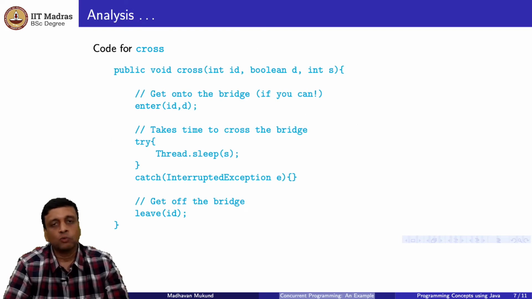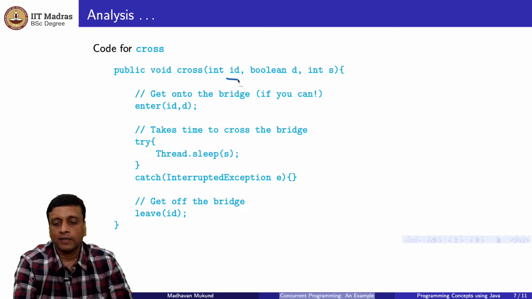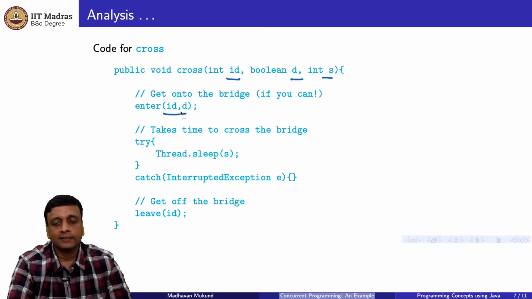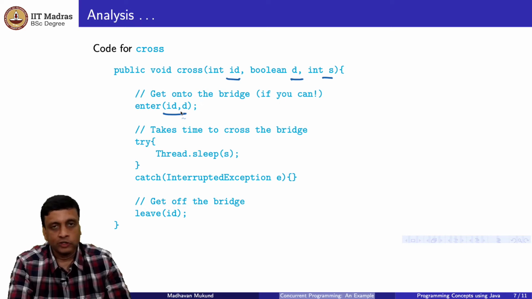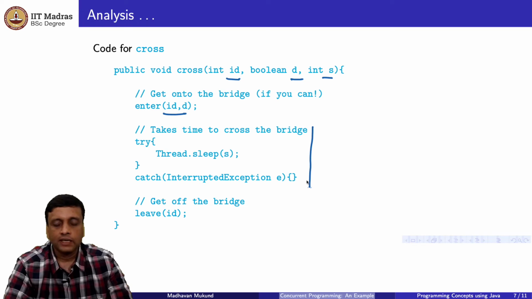So in other words, this is what cross will look like, right? Cross has three parts: the ID of the car, the direction, and how much time, right? We will first say I want to enter the bridge, this is my ID and this is the direction. Now we may get stuck at this point because there is going to be a synchronized method, right? Then having got in, this car, this thread, is going to just sleep for this much time,